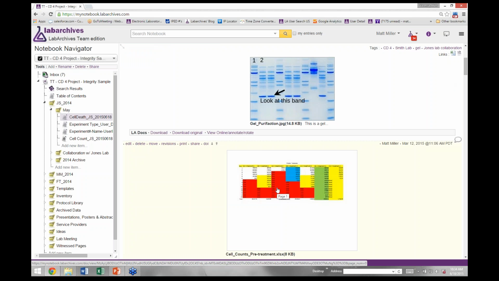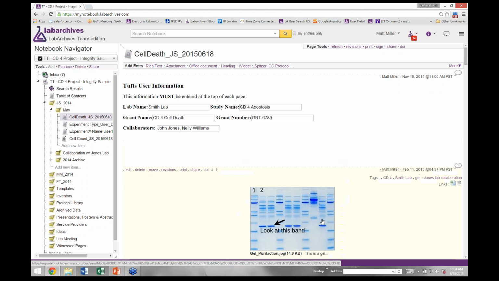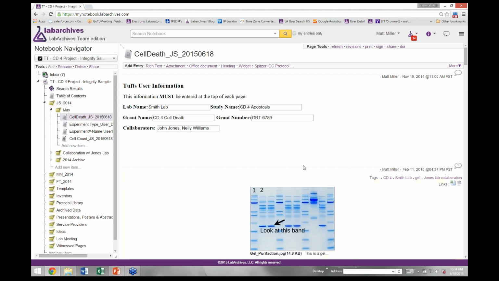If there aren't any questions on the audit trail and linking, I wanted to jump to page signing and talk a little bit about the paper versus digital aspect of page signing and the vast improvements over paper that LabArchives provides. In addition to that full audit trail, in a paper notebook, the onus is really